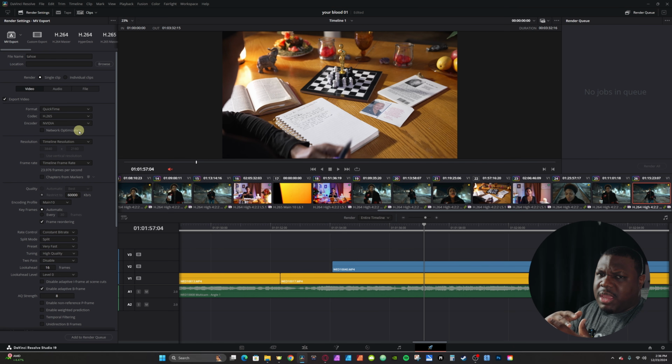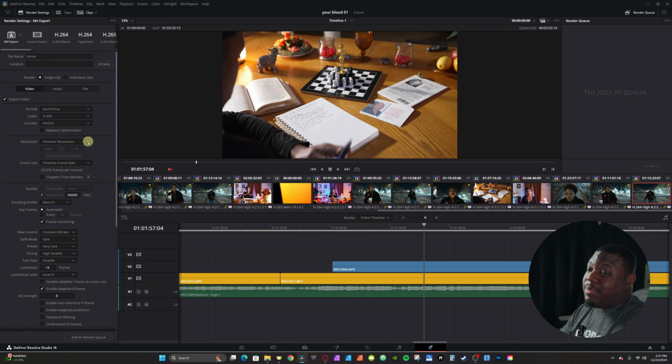Sometimes it can kind of dumb down the render to better optimize. I just want it to be full strength. I don't want it to optimize anything. Timeline resolution, with 19.1.2 or whatever is on now, it automatically picks up on the timeline resolution. Sometimes, to save on computer power, I used to always edit on a 1080p timeline, change the timeline to a 4K,